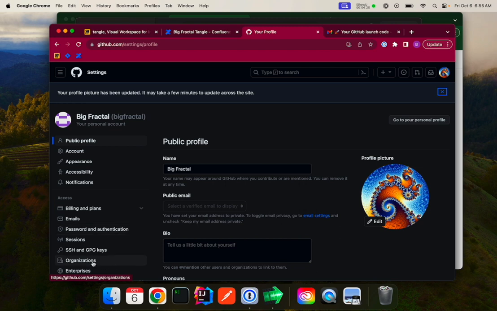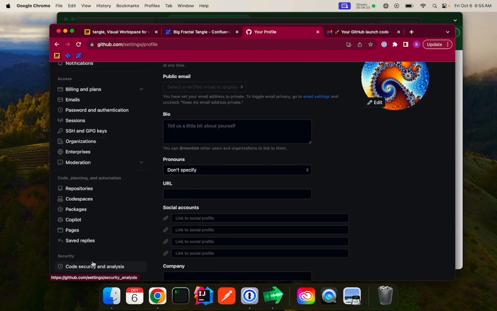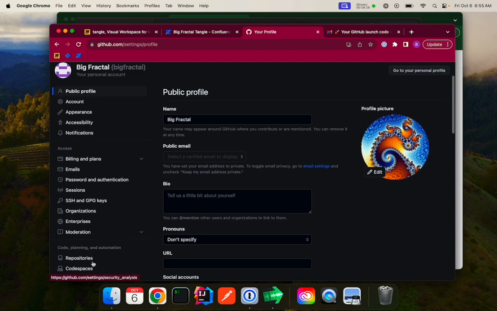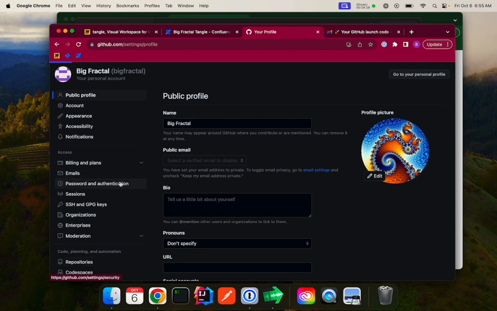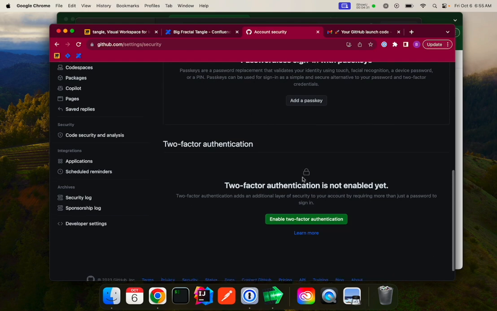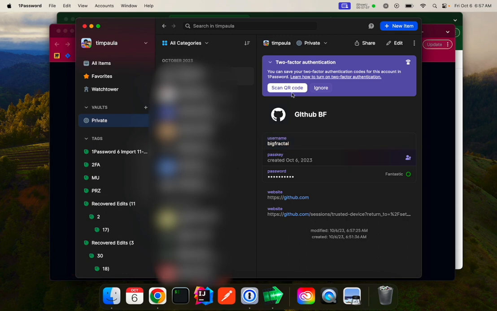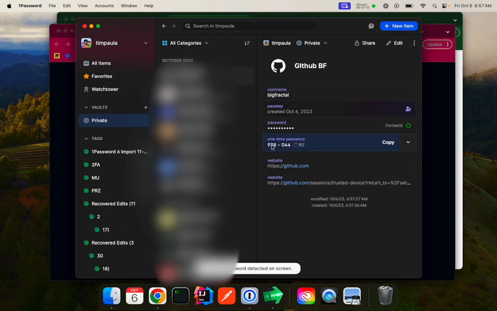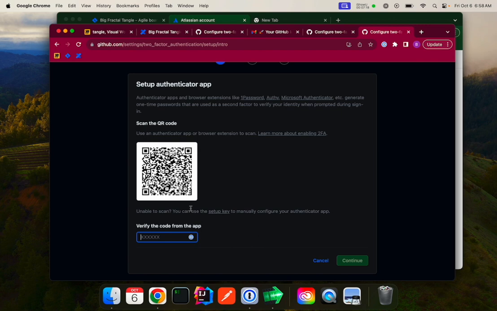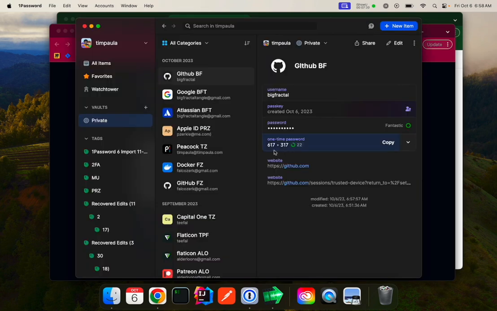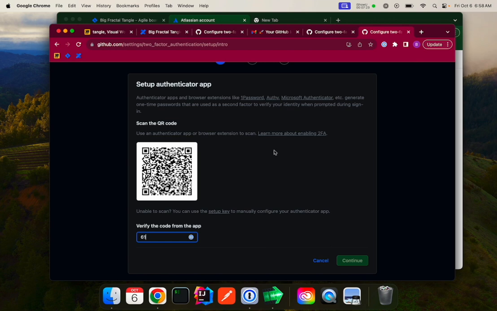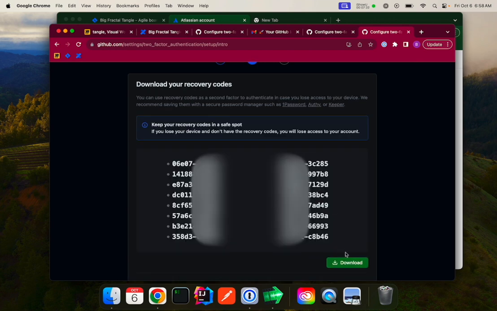Okay, so what I really want to do is set up two-factor authentication for my GitHub account, which is actually really important. So let's look at password and authentication. All right, so what I need to do is click here and then do scan QR code, and it worked. So it was smart enough to actually come up with all of this and put it into 1Password. So let's do 617317. Download your recovery codes. Okay, so you download this, and